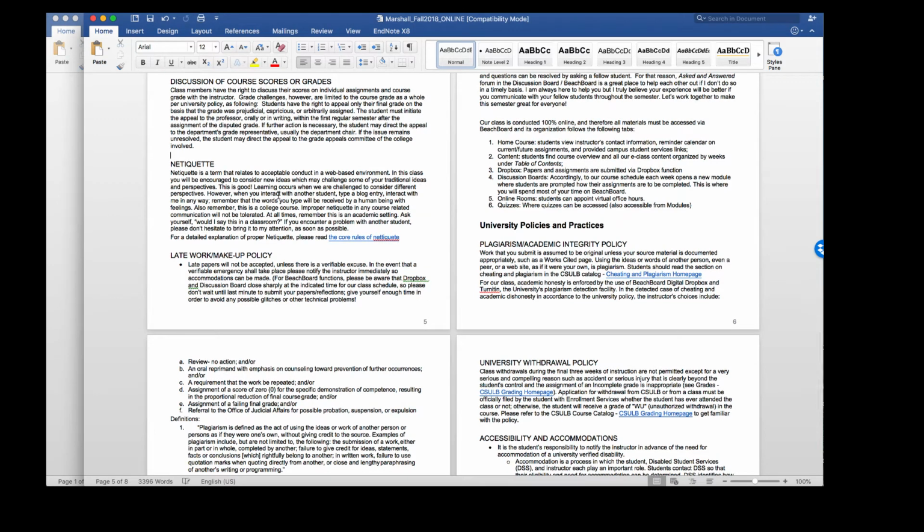Netiquette. This is important in this class because we are conversing with students about some potentially controversial topics at times. And so just keep the respect of your other classmates in mind when you're posting responses. Just think about what you would say in person if you were in an in-class discussion. Maybe think about that when you're posting online, because sometimes it's easier to say things online when you don't know the person on the other end.